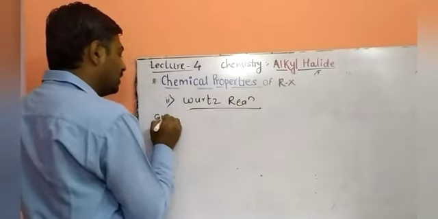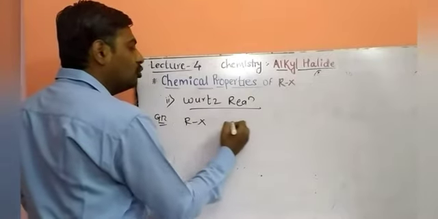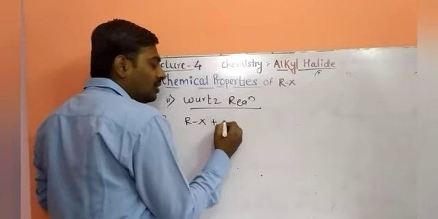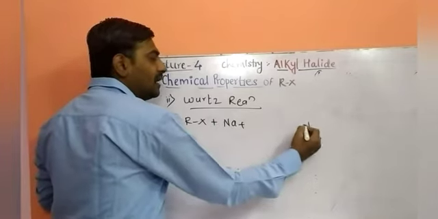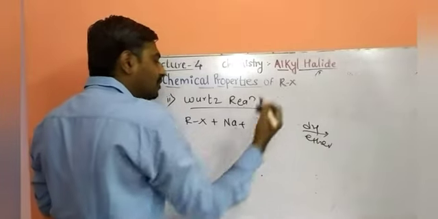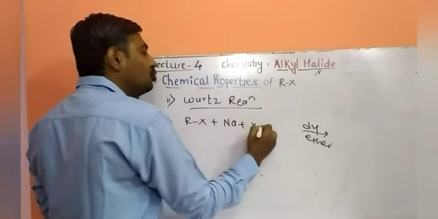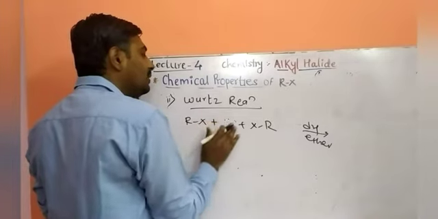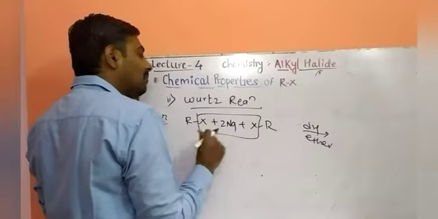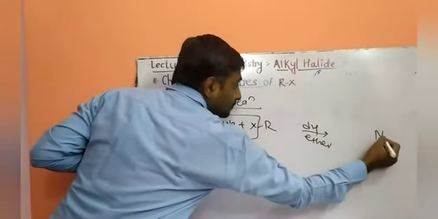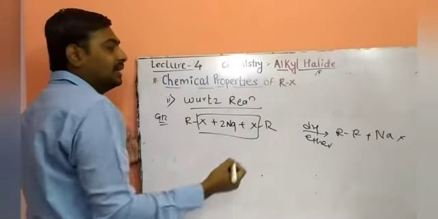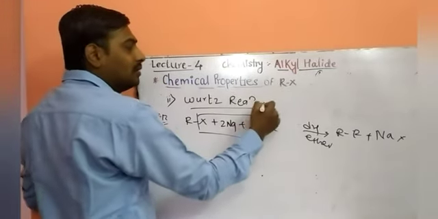When we discuss the general reaction: when alkyl halide, 2 moles, same or different, is reacted with sodium metal in the presence of dry ether as a solvent. Previously also dry ether was the solvent for the reaction. Alkyl halide reacts with 2 moles of sodium metal, giving sodium halide as a byproduct and higher alkanes as a product in this reaction. The reaction is called a step-up type of reaction.